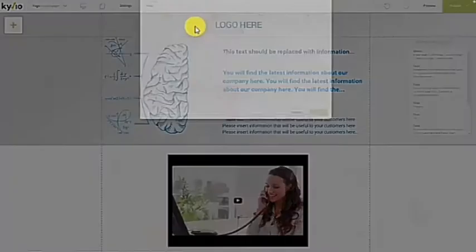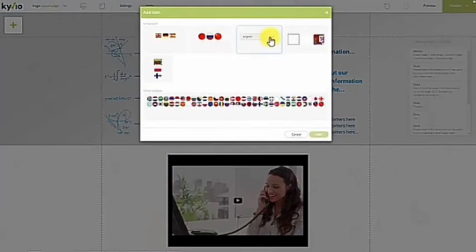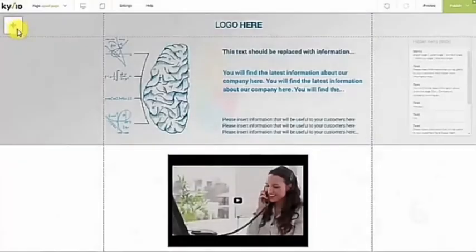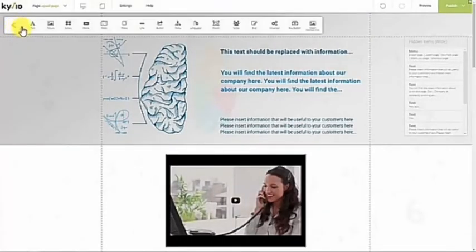But there's languages too. So if I click on languages, you can give people the option to choose one or different languages. Now this is in beta at the moment, and eventually we'd be able to provide translation in multiple languages automatically as well. So the one thing I want to show you here as well is the buy button,